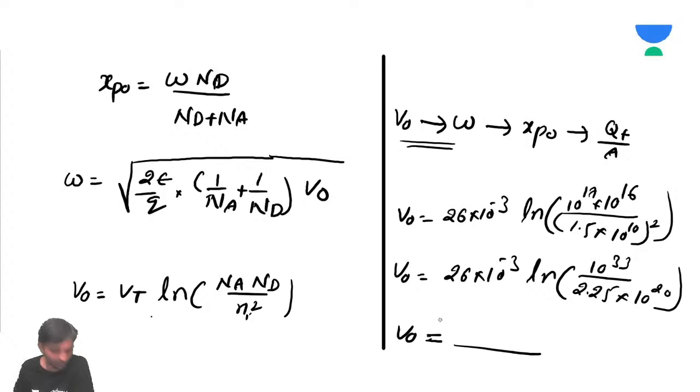How much you got? 0.757. Okay, Sandhya. So 0.757. Approximately, I can also say 0.76 volts. Okay, once I get this,